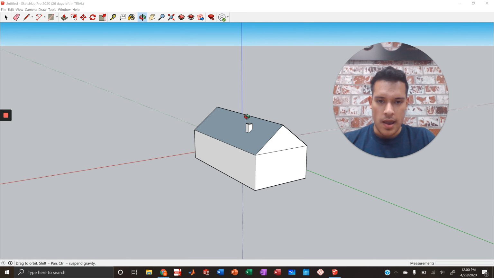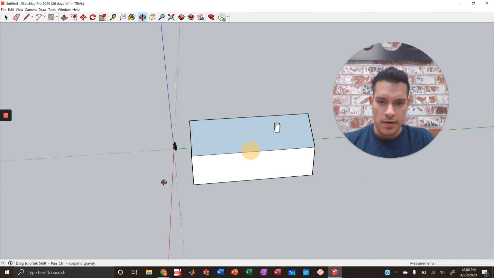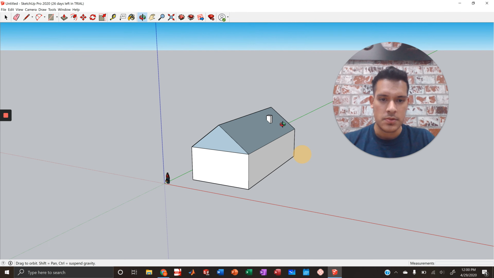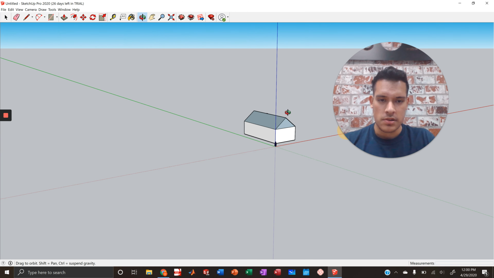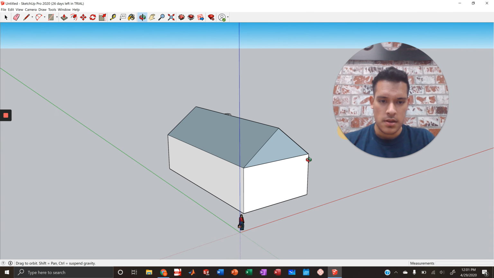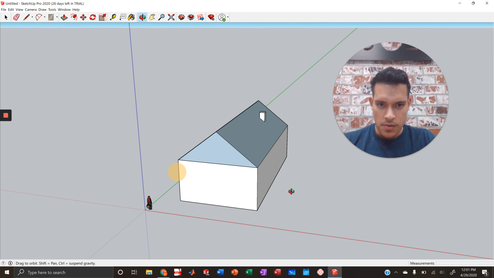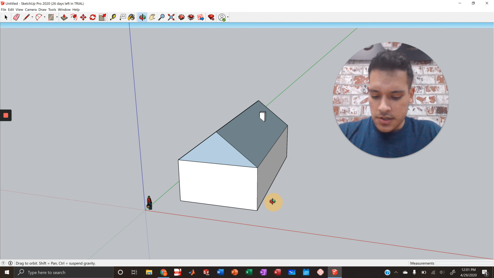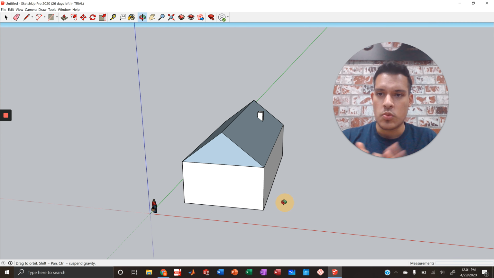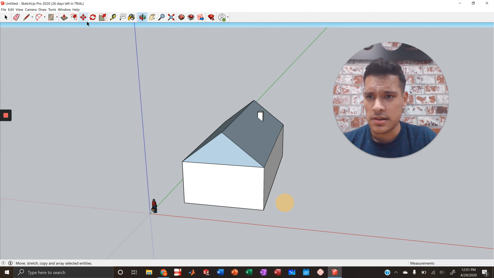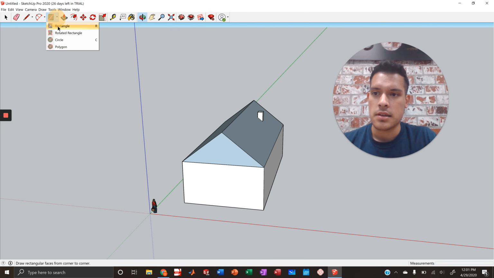Let me show you guys what I have so far. So I have the base, very basic, right? So now we're going to throw all your ideas onto this house. What house without a door and some windows? Start with the door. So clearly a door with a rectangular option. So you're going to click on rectangle,